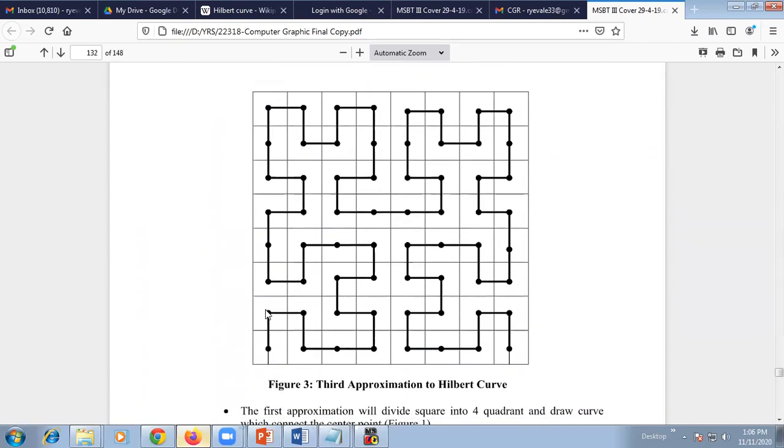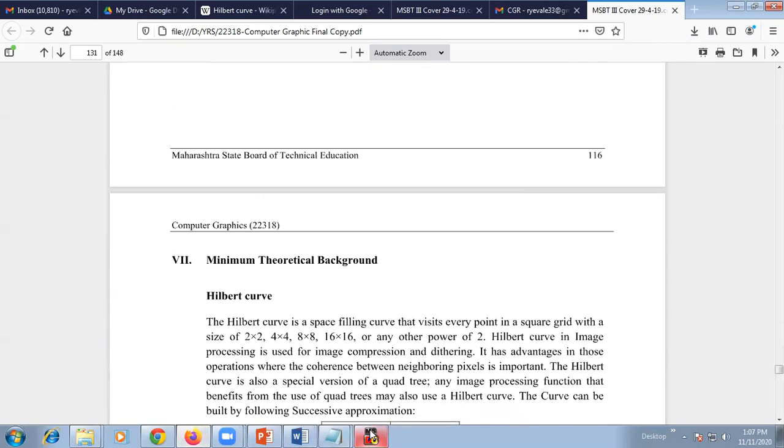Every square has to be visited once, and we cannot enter another's path with a contradiction. Look here: starting from here, you are visiting every square, but no line contradicts or mismatches with any other line. Every line is drawn and the curve takes an H-like shape, like Hilbert. So no two points are interconnecting with themselves. Starting from here, we visit each and every square without the lines intersecting themselves. That is the Hilbert curve.